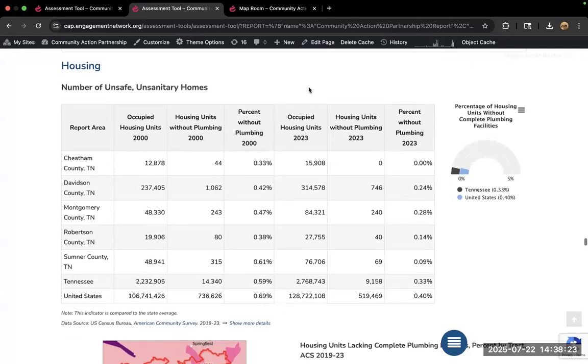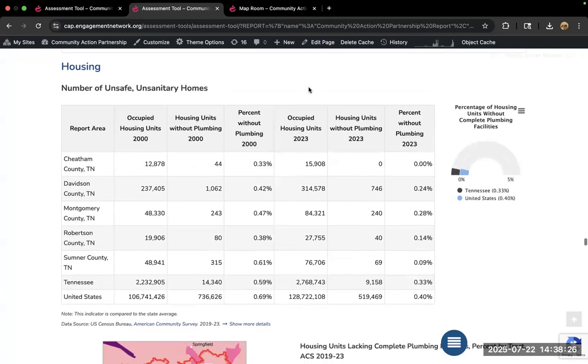And before I forget it, I forgot to mention when we were talking about our data sources, our data update schedules. Our data is going to update as quickly as the source updates most of the time. We have some data that are updated on a weekly basis. We have some that update monthly, some are annual, and then some are on slower 3 or 5 year schedules. And of course, the decennial census is going to be decennial.